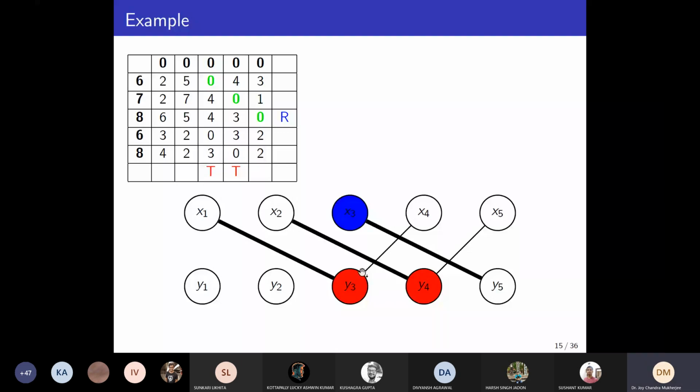Similarly if I draw y3 to x3, or y4 to x3, or y4 to x4, this edge won't help to increase my matching. So I have to introduce edges like y2 to x5, y2 to x4, this kind of edges. That means from y minus